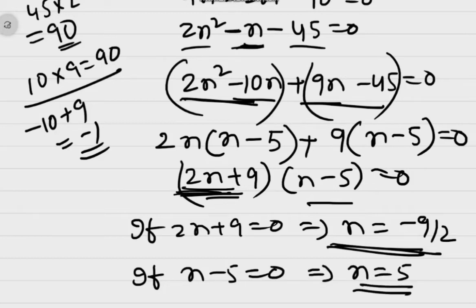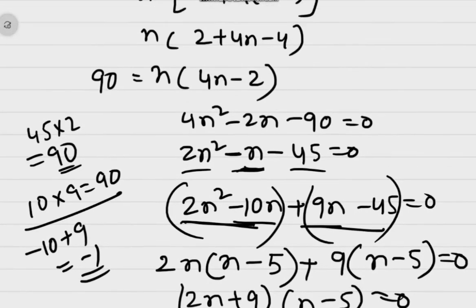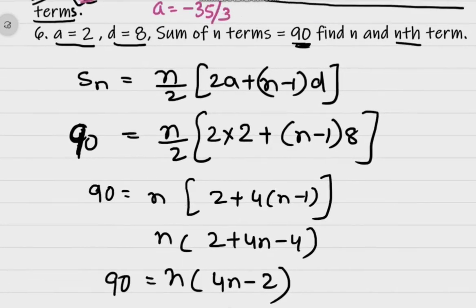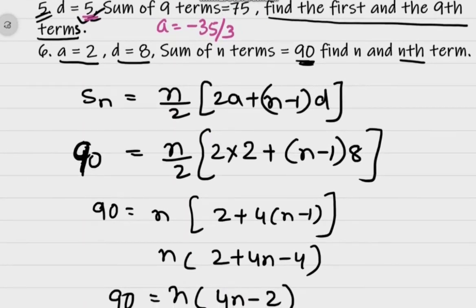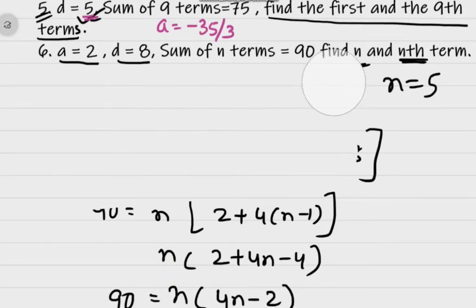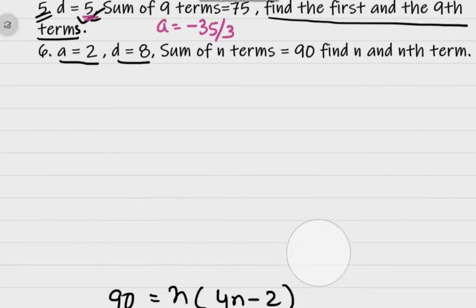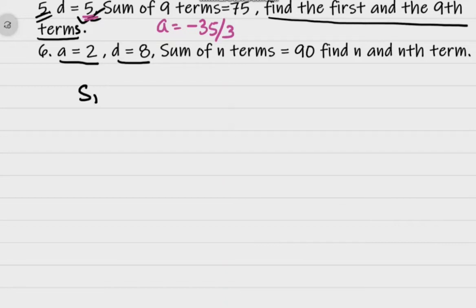And so we can say that n, that means the number of terms in this particular AP, will be equal to 5. Now what you have to find out? The nth term. How will you find out the nth term? Dear children, if you know the value of a and you know Sn, you can easily find it using Sn is equal to n by 2 into first term plus last term, that is an.